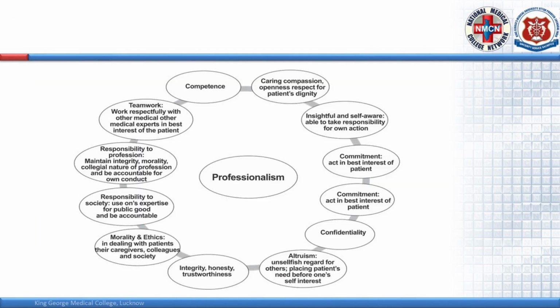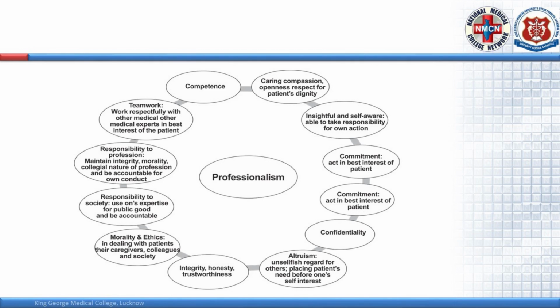So, professionalism includes competency, caring, having concern for patients' dignity, being insightful, self-aware, and taking responsibility for one's actions. If I do something wrong, I accept it and tell the patient, okay, this is my mistake or this has happened. I'm committed to the best interest of the patient. I maintain confidentiality, altruism, which means unselfish regard for others, always keeping the patient's interest before ours, having integrity, honesty, trustworthiness,